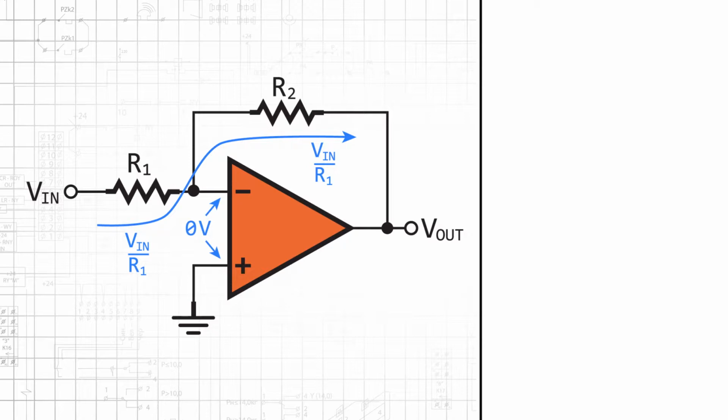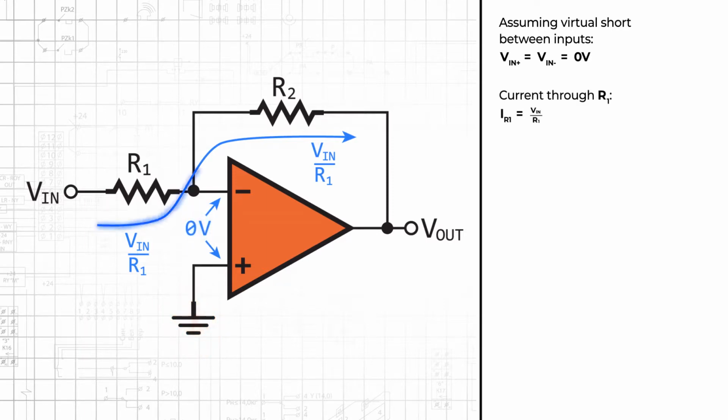We can use standard circuit analysis techniques to determine the relationship between the input voltage and the output voltage of an op-amp inverting amplifier. The non-inverting input terminal is connected directly to ground. This means that we have 0 volts at the non-inverting terminal and at the inverting terminal by assuming a virtual short between the two. Vin is applied to R1 and generates a current of Vin over R1 flowing toward the